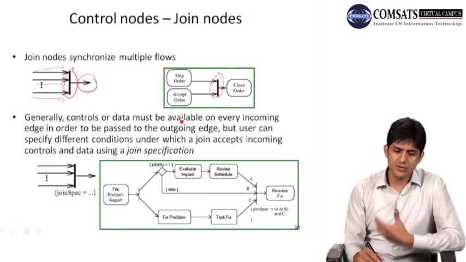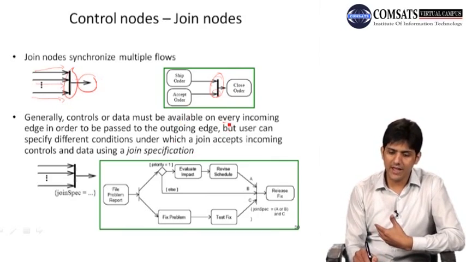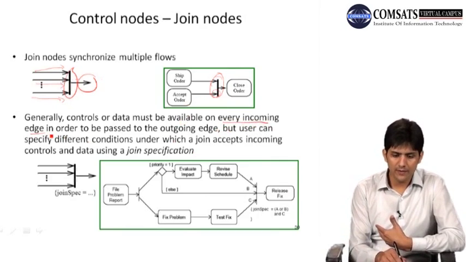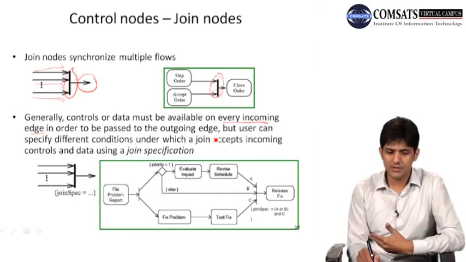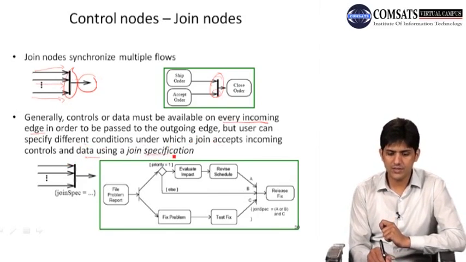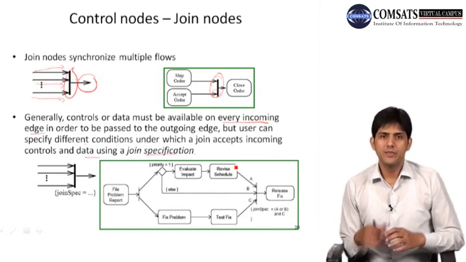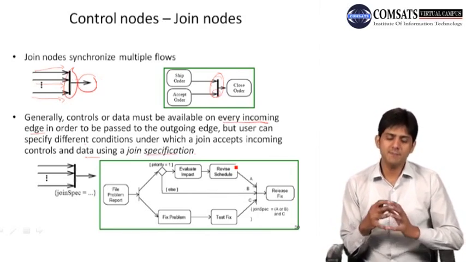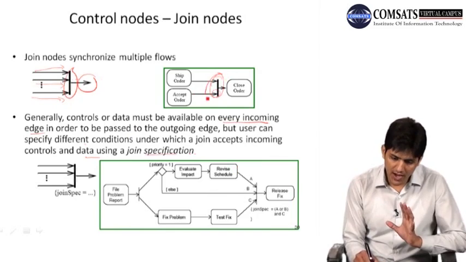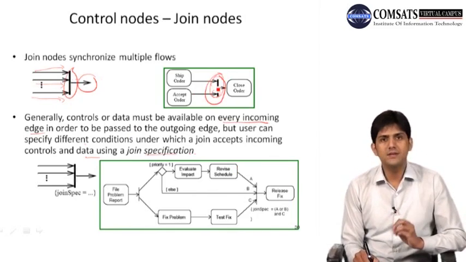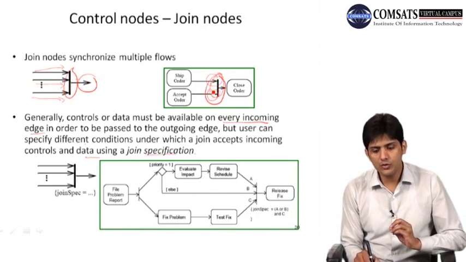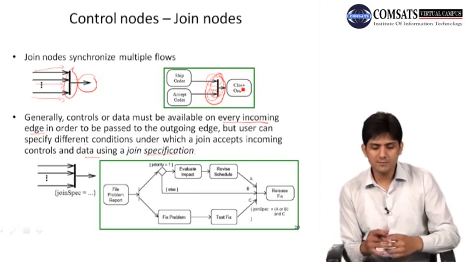Okay, generally the controls or data must be available on every incoming edge in order to be passed to the outgoing edge, but user can specify the different conditions under which a join accepts incoming controls and data using a join specification. Okay, so basically normally if you do not have any specification condition at join, ठीक है, तो the standard is कि ये सबके लिए इनपुट का वेट करेगा and then it will pass,